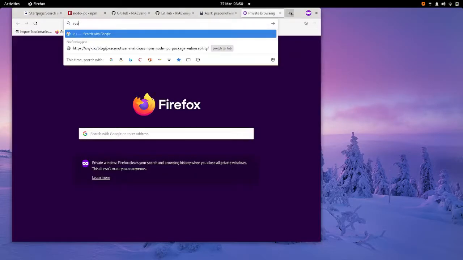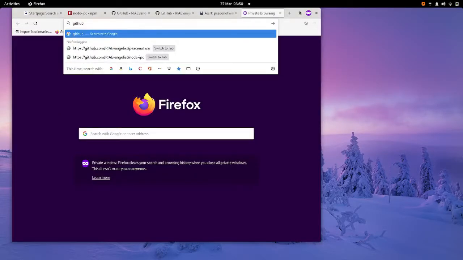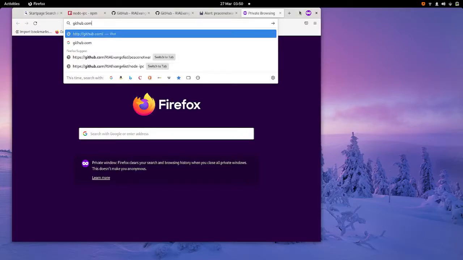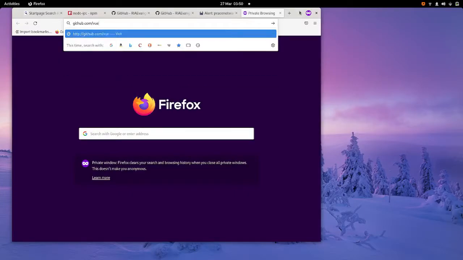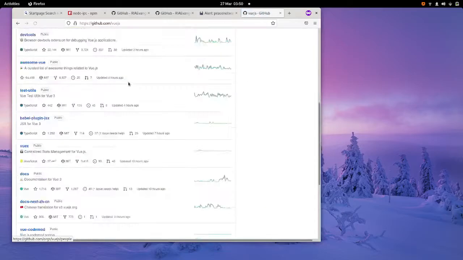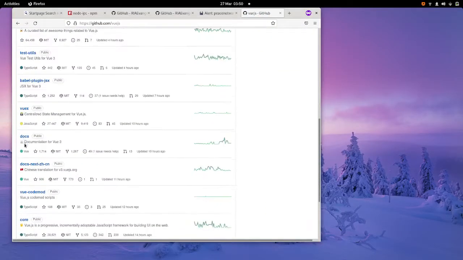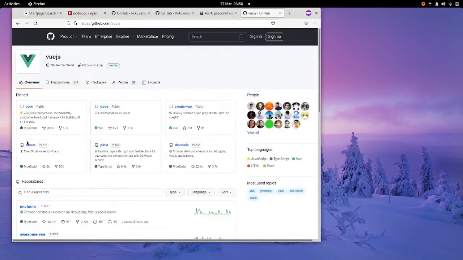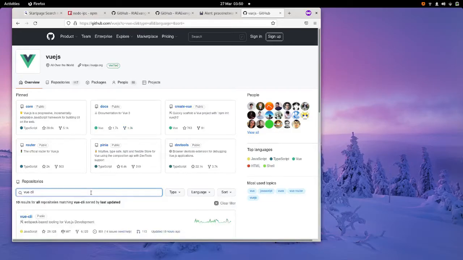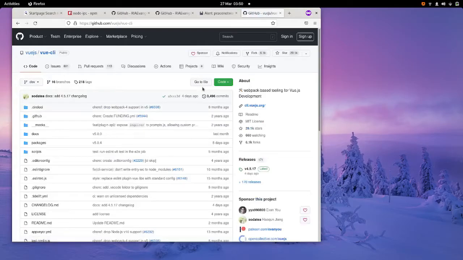So if I also go to github.com/vue.js, and if we go down to the Vue CLI, which is not here, where is it? Here we go. So if I go over to the Vue CLI, which was updated 19 or 4 days ago,